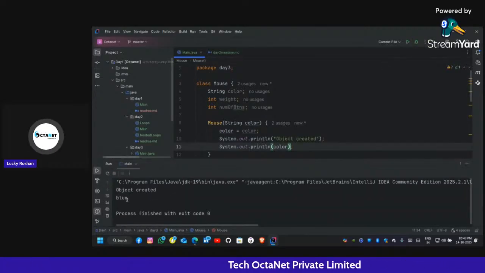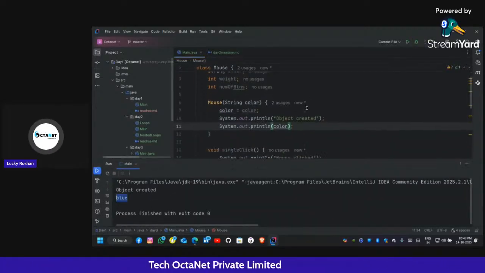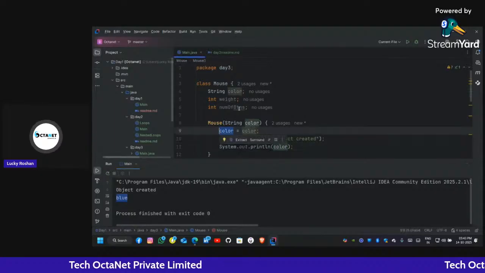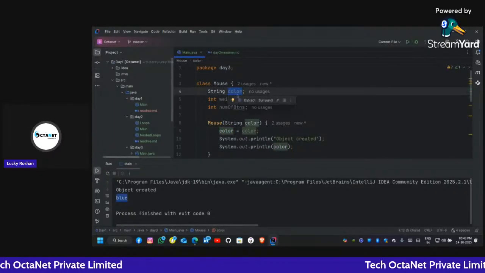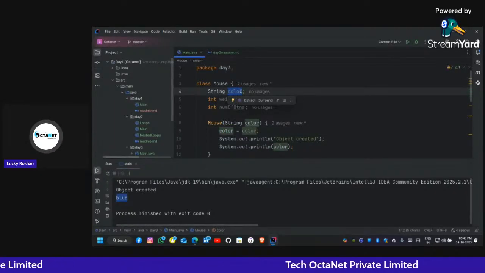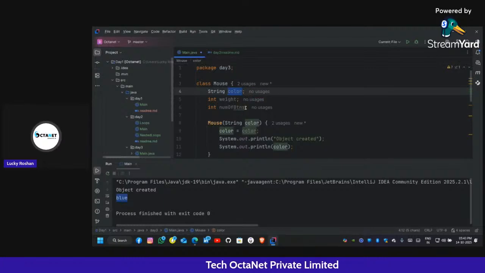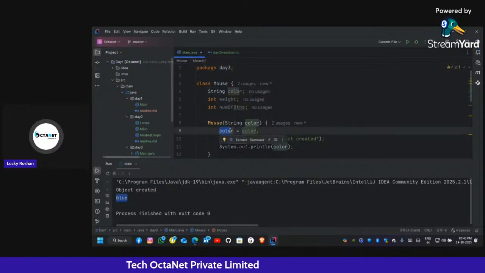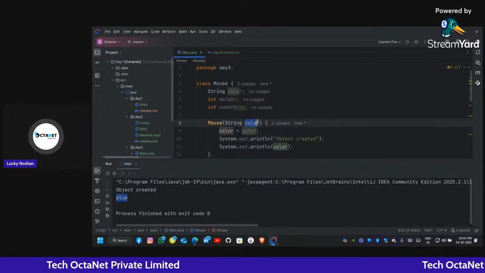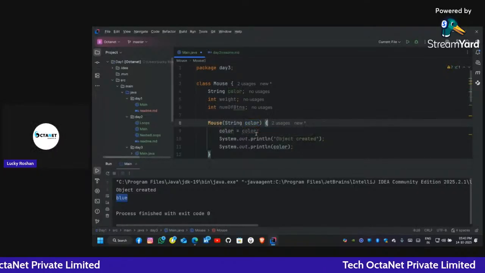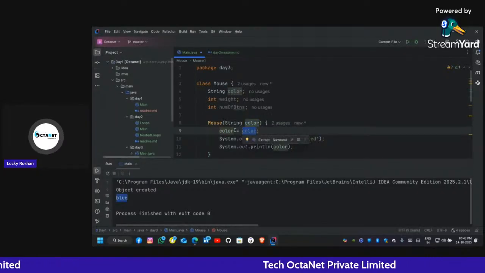Now the color says it is blue, but this color and this color are not the same. This color refers to the color we are passing through the constructor, and this color is being assigned to itself when we write color is equals to color.